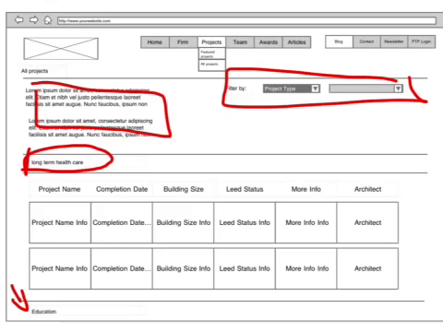that's the next section. These categories here, project name, completion date, building size, lead status, more info, and architect or architects are still to be determined, and it's unlikely that there's going to be any more info on some of these, although maybe you have some insight. If it's a massive list of projects or a big list of projects, we would probably link to the main page if it's a feature project,